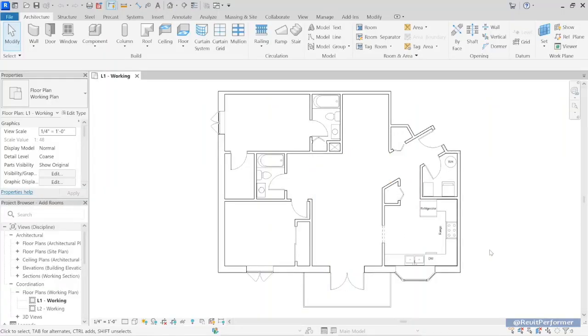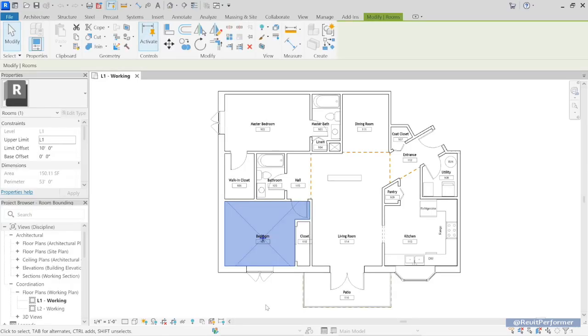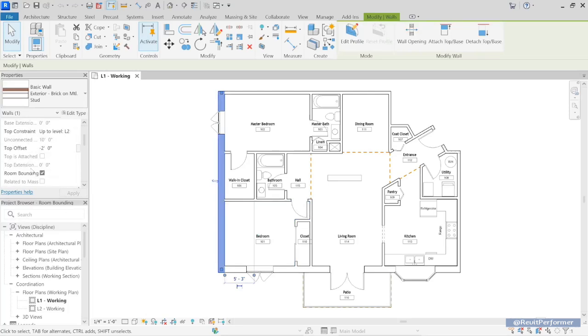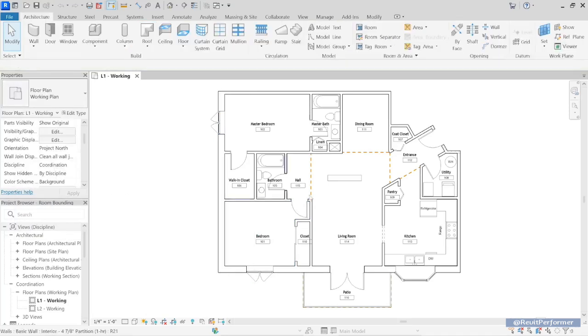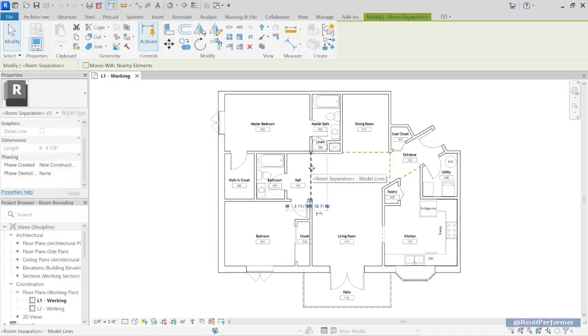So the way that rooms determine their shape is because of a feature called room bounding. When I select a room like this bedroom here, and the fact that it shapes around the surrounding geometry, that is the room bounding feature at work there. And most of your major geometric elements have a room bounding setting. So if I select walls, for example, all of the walls will have a room bounding feature, and by default, it is turned on. We also have these room separator lines, which we added manually in an earlier video, and